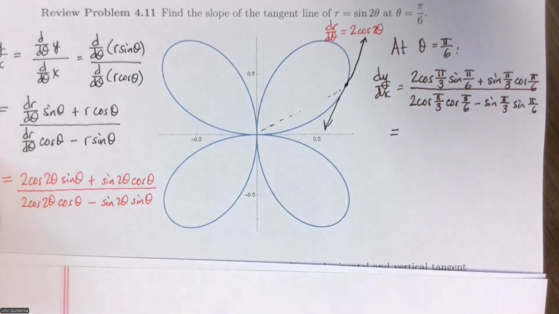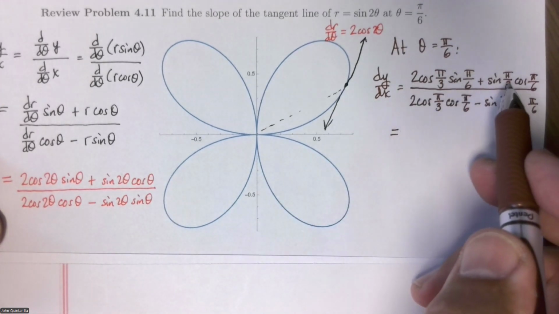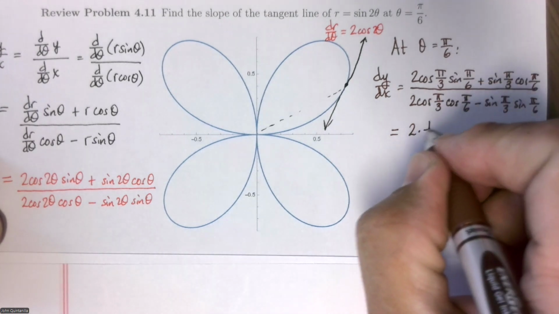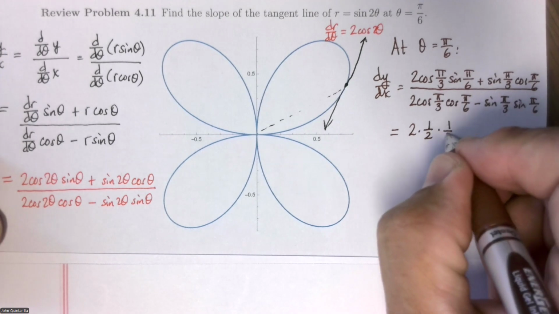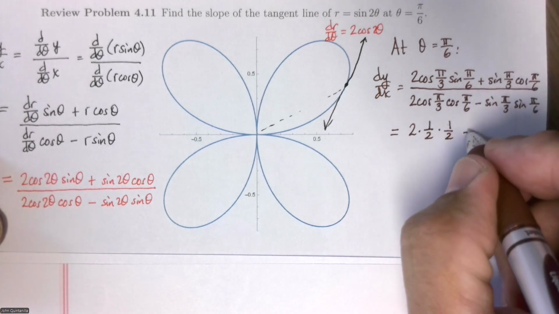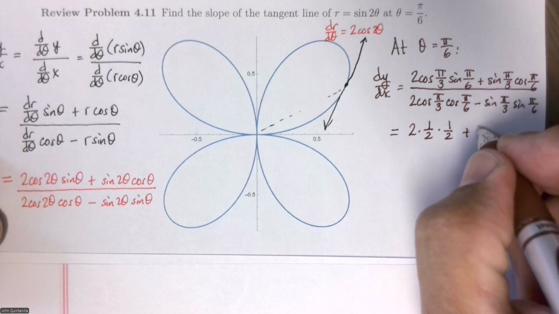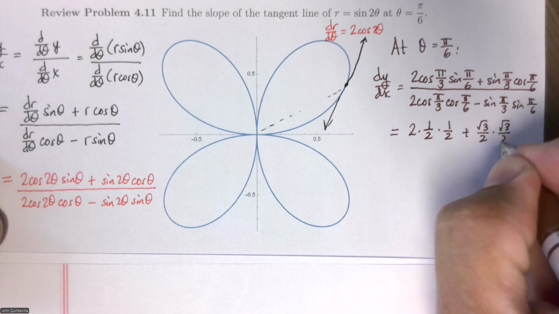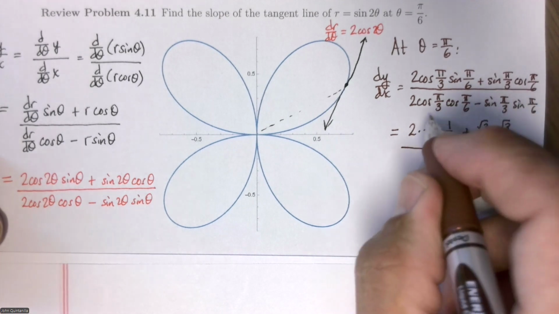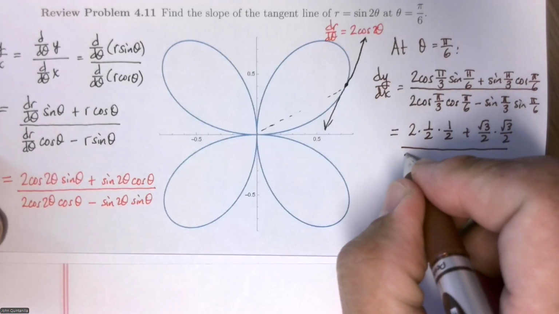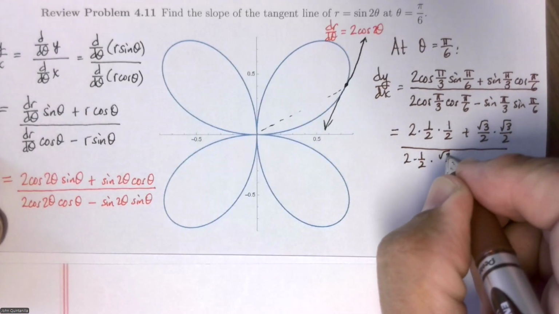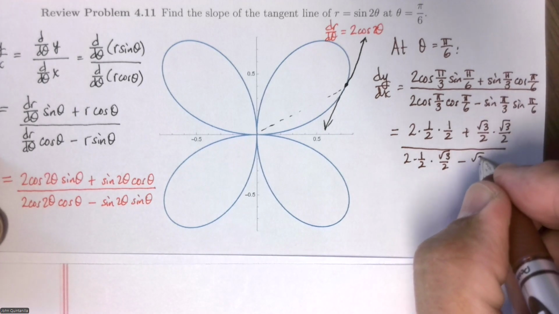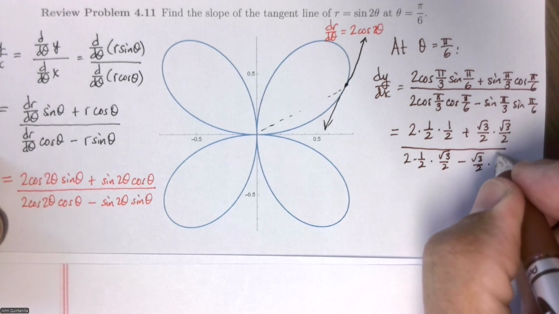Okay, now I just use my facts from trig identities, or my memorized trig values, to do this. So the cosine of pi over 3 is a half. Sine of pi over 6 is also a half. Square root of 3 over 2 is sine of pi over 3. Cosine of pi over 6 is the same thing, square root of 3 over 2. All over, on the bottom, I have 2 times a half times the square root of 3 over 2 minus sine of pi over 3, which is square root of 3 over 2, and the sine of pi over 6 is